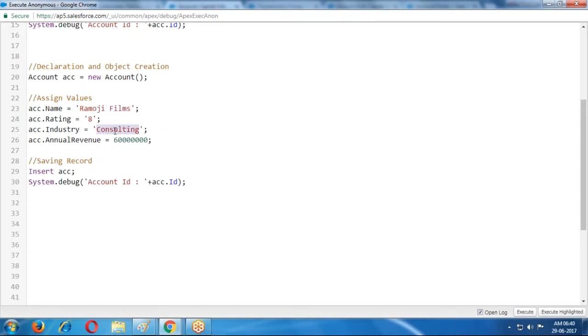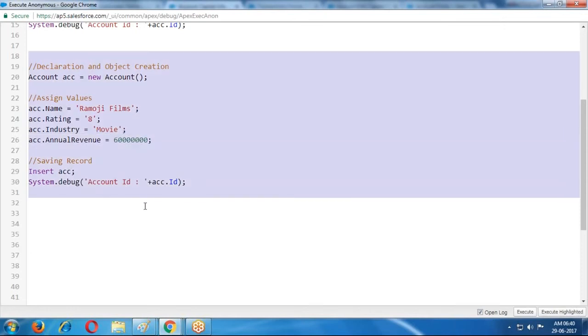Here industry is movie, entertainment or movie industry. There is no movie option, but I am providing movie. Is it accepting this movie? Yes, it is accepting.